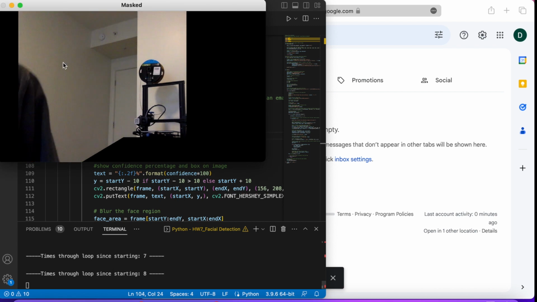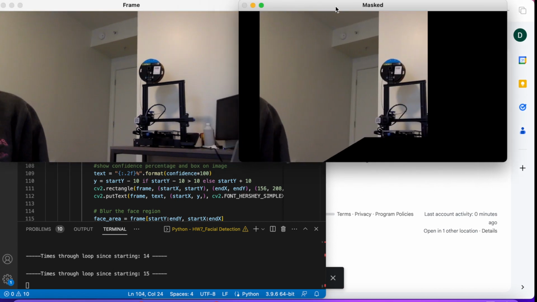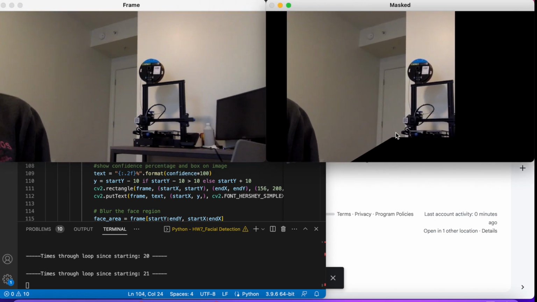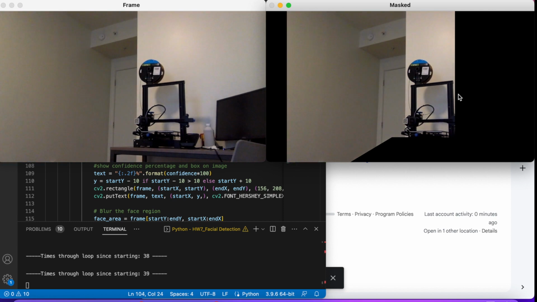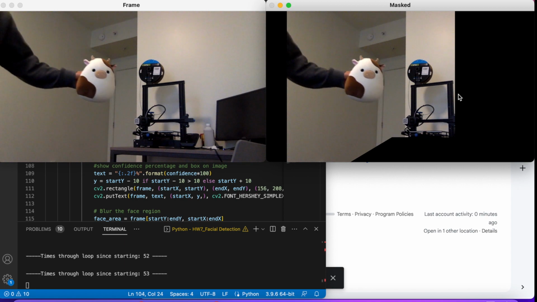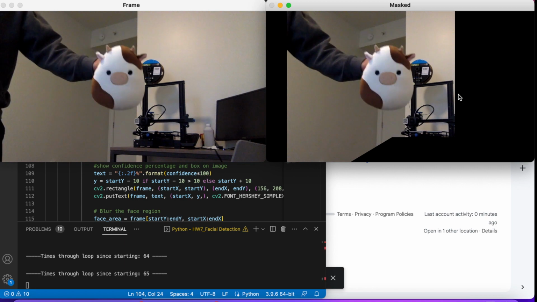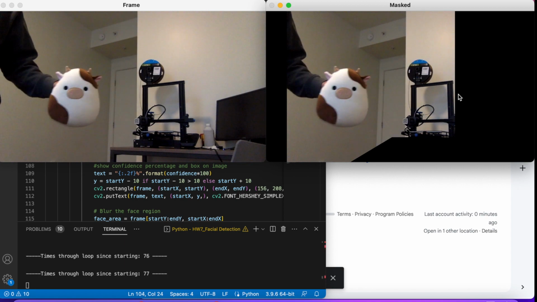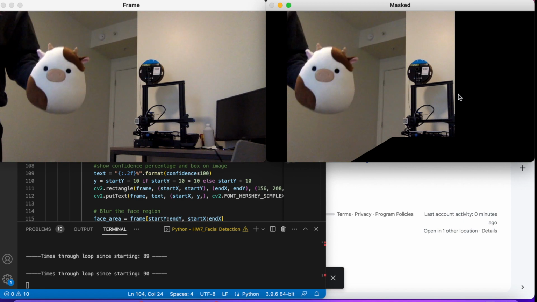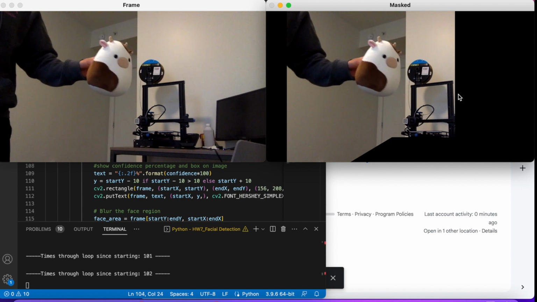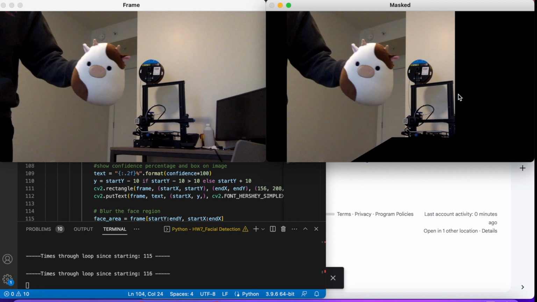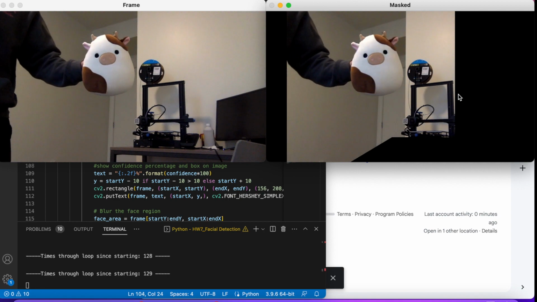First thing we see is the masked as well as the original frame. The masked frame has the region of interest here and everything else blacked out. So I'm gonna put this stuffed animal in here. You can see that no human face is being detected, even though the stuffed animal has a face of its own. And that is because the system doesn't have enough confidence that it matches the model that has been put